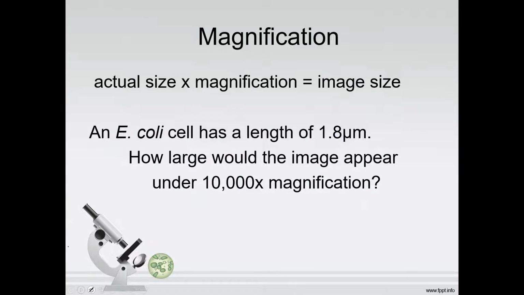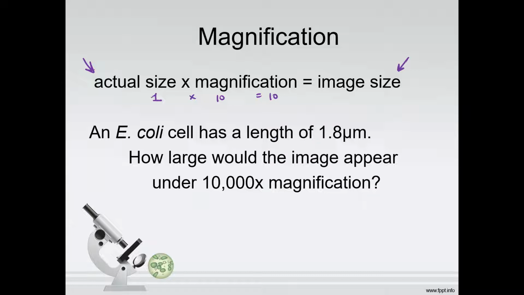All right. So when we're talking about microscopes, we often talk about magnification, and we do need to be able to calculate magnification for our IB exams. So the formula that we're going to use pretty much for almost all of our magnification problems is this one: actual size times magnification is image size. Which kind of makes sense. If it's actually 1 and I multiply it by 10 times the power, it's going to look 10 times bigger,